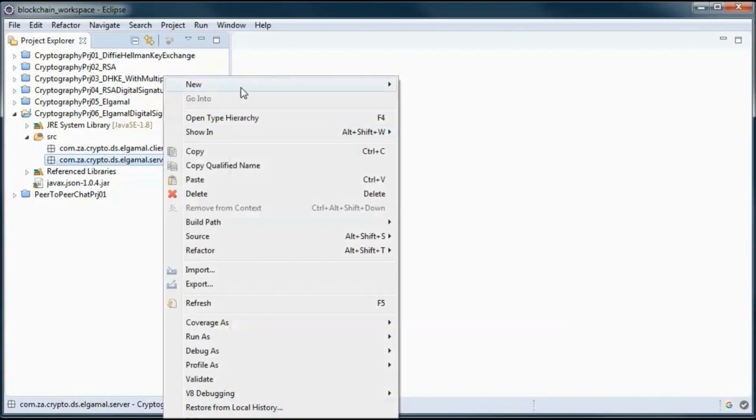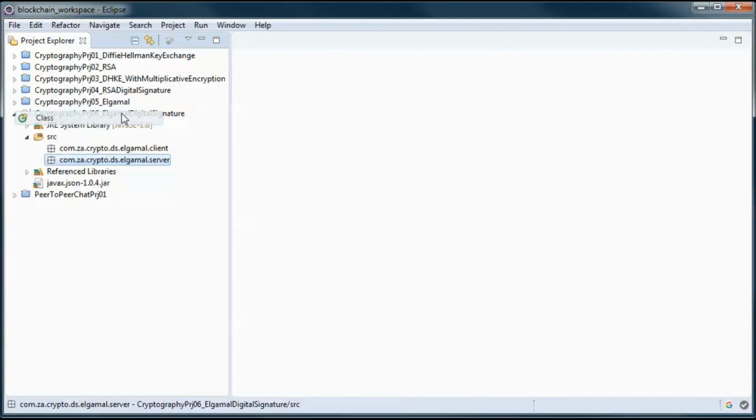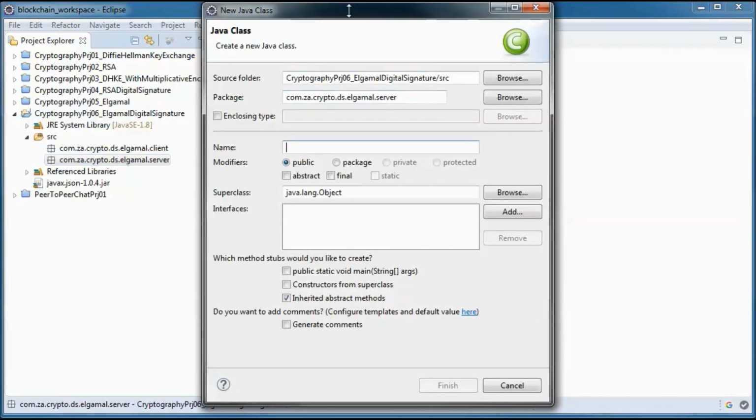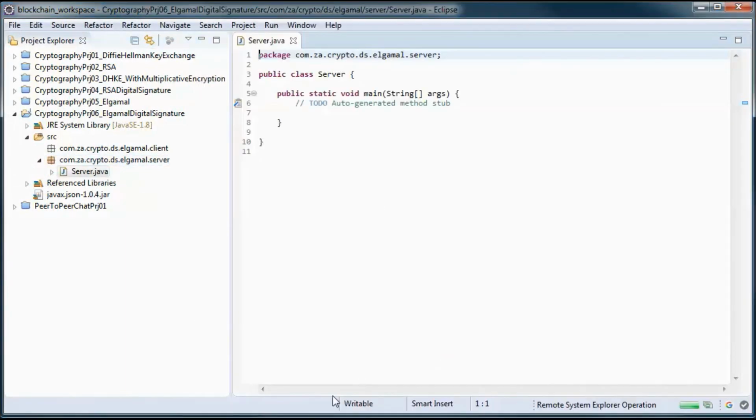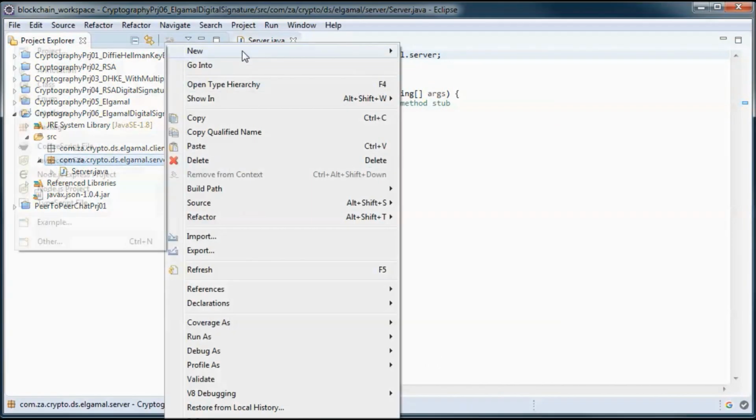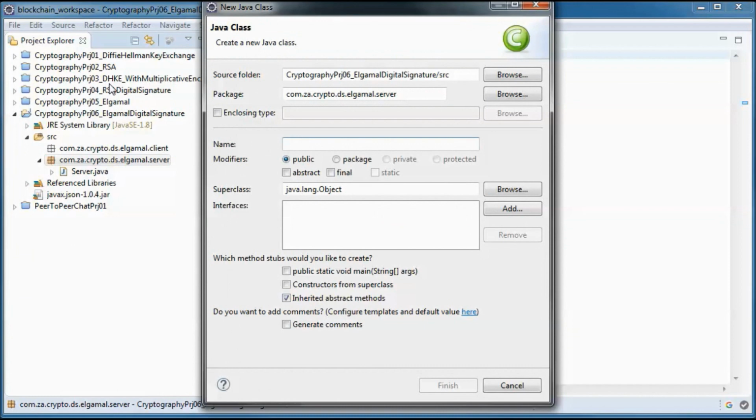And on the server side we will have two classes, a server class with a main method and a server thread class.